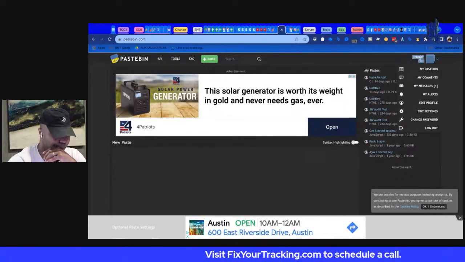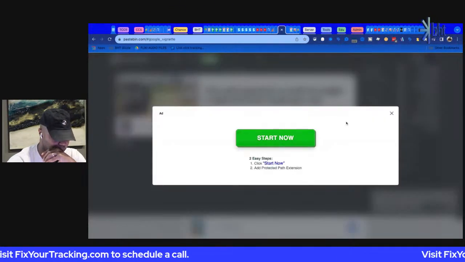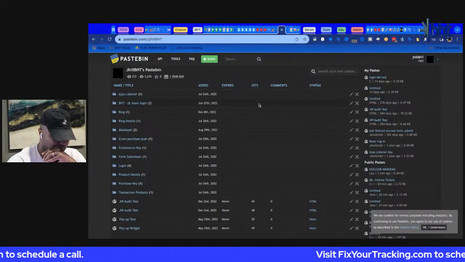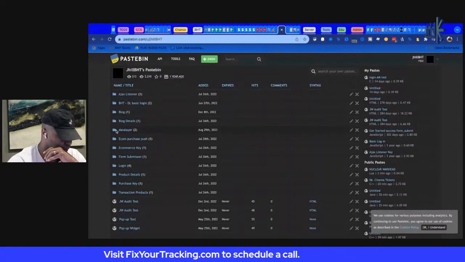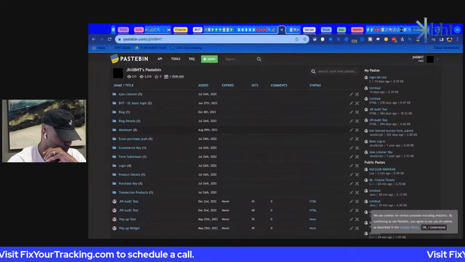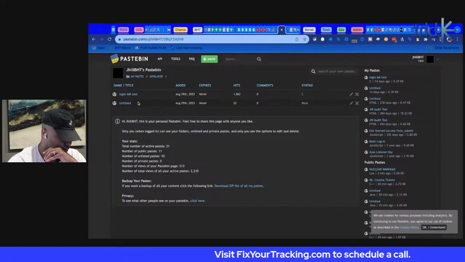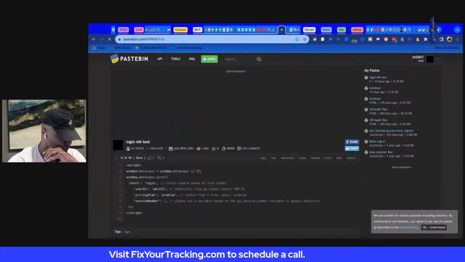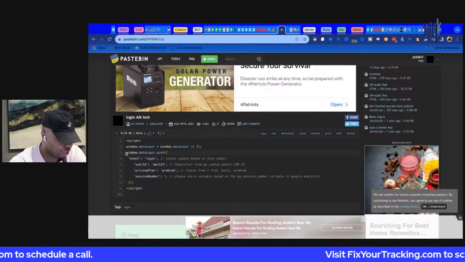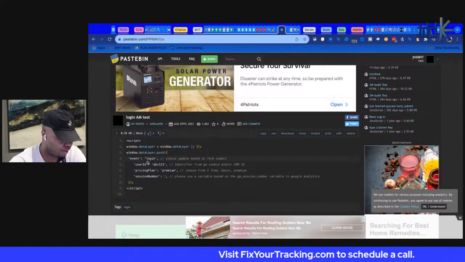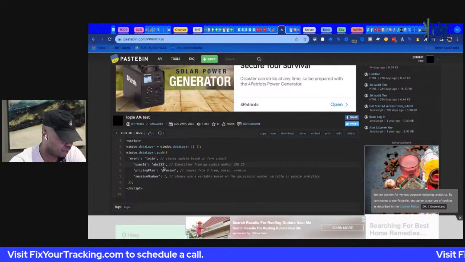So this is me, J Hill BHT. And I haven't done this in a while. All right, so these are some of the joints that I've made in the past. I think this is a login test. Yeah, here we go. So this is essentially a data layer push and what it would look like with the event login. User ID is ABC123,